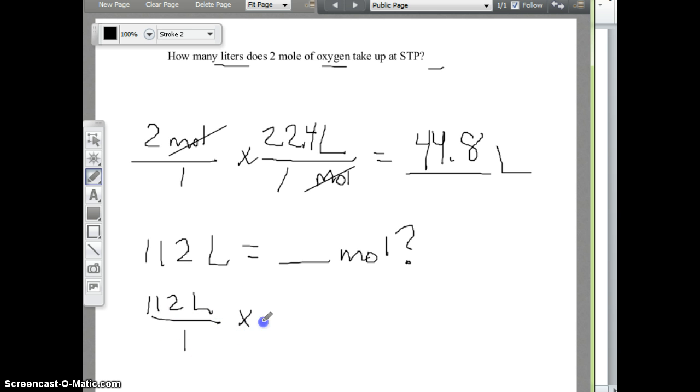What has to go on the bottom of my next fraction? Liters, and I'm changing it to moles. 1 mole of any gas at STP is equal to how many liters? 22.4. In your calculator,